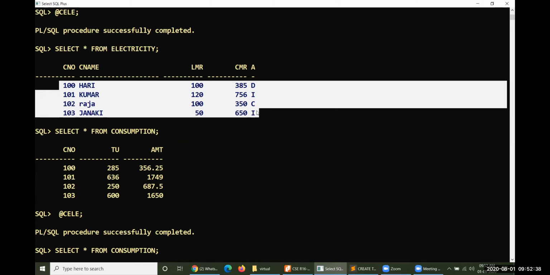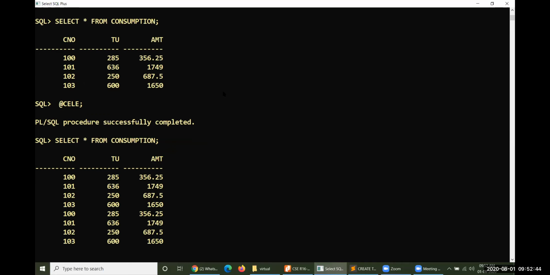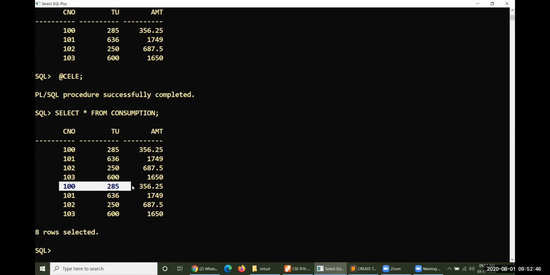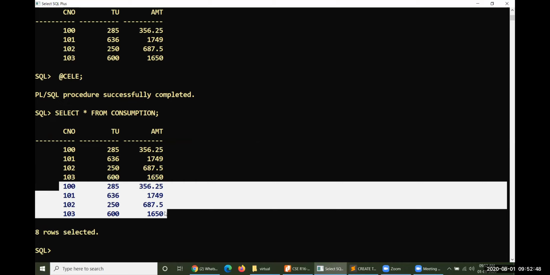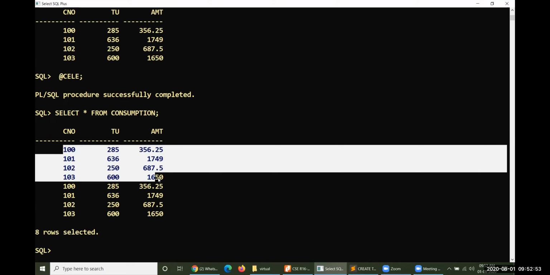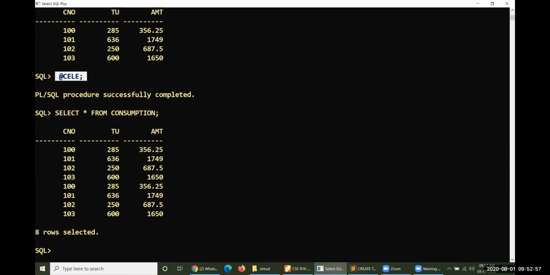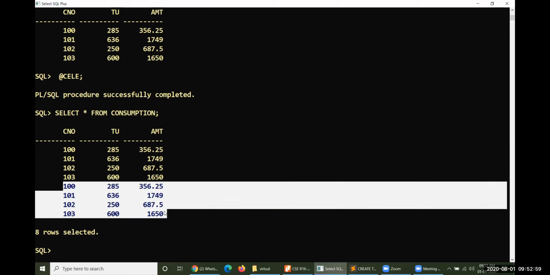However many times you run the cursor, that many times the data will be read by the cursor, processed, and entered into another table. First time I ran it, I had this particular data, and now the second time I ran it, the second set of data will be there.